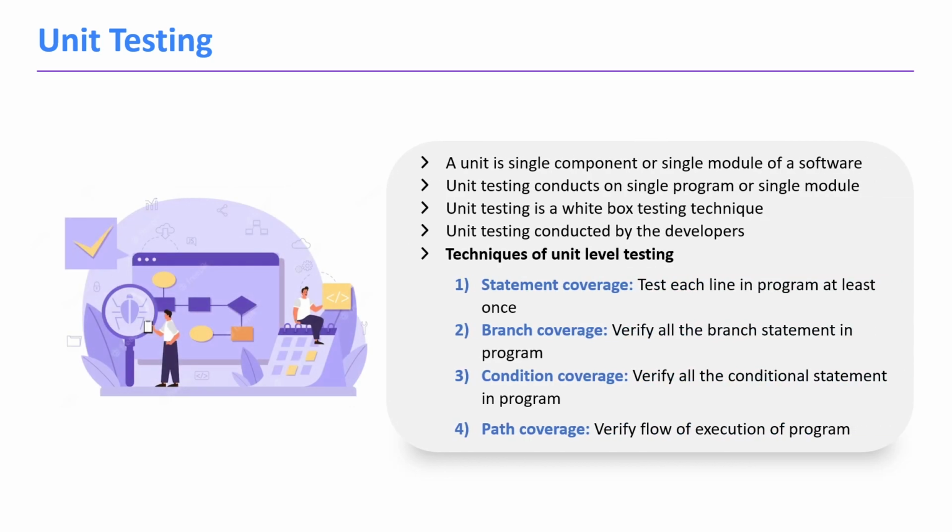So let me tell you first what is a unit. Unit is the smallest component of anything. If you talk in terms of software, software is a collection of programs. So here we can call one single program one unit of a software, or in other terms, we can say that the software is made up of multiple modules and submodules. So here we can consider one single module as one unit of a software. So when we conduct the testing on this one single program or one single module, that we call